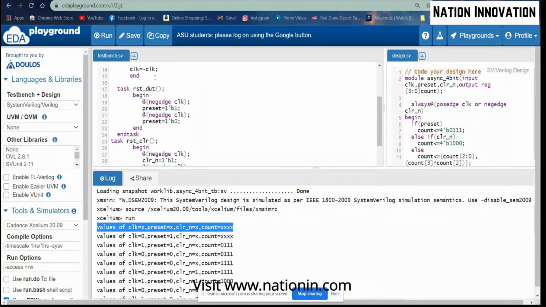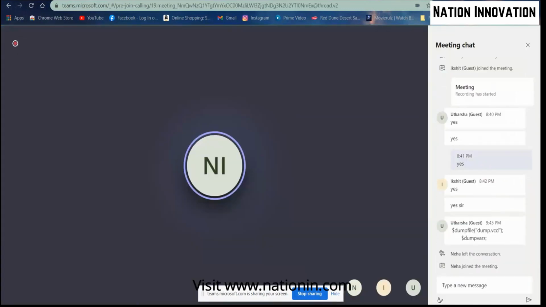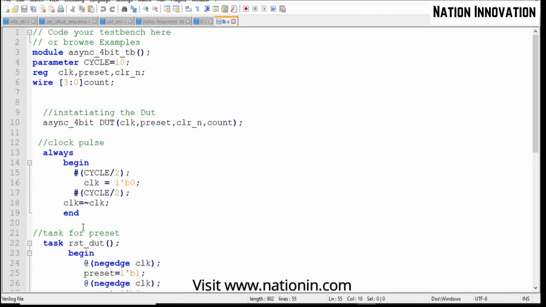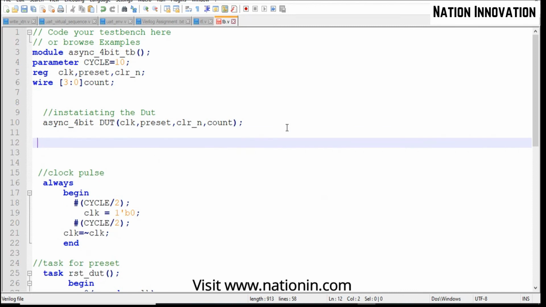Before this, I am going to type. You just turn off your screen. I mean, after this instantiation of the DUT, what we usually do is initialize all the input signals as zero.